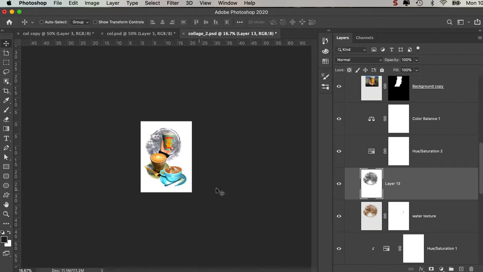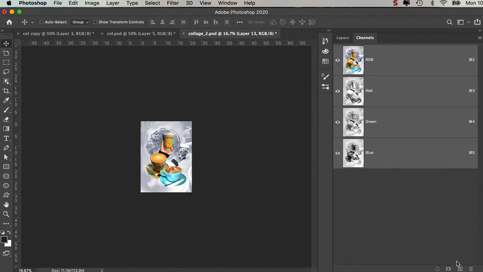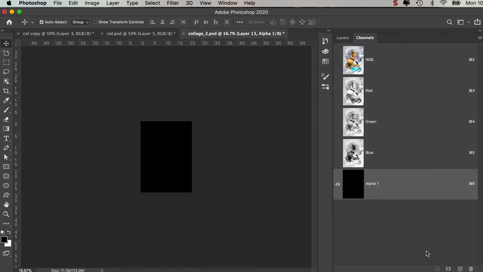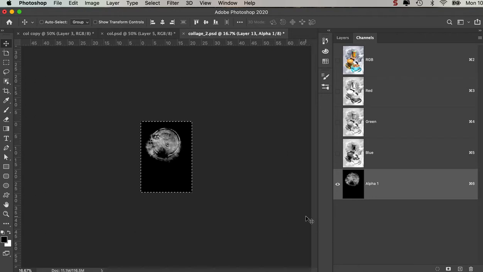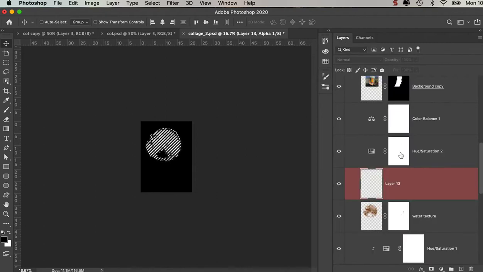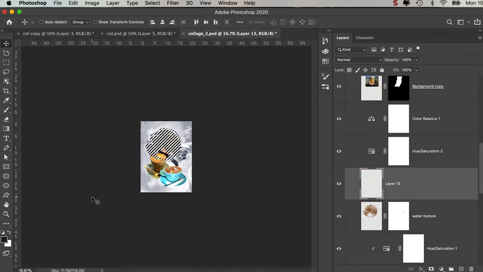I go OK. Once I've got that, I'll select all, command A, command X to cut it, and I'm going to jump into the channels, make a new channel, and I'll paste it. So command V to paste. Command I is going to invert it because it's this white that I want to fill with a colour. I'll hit the selection tool to select it,